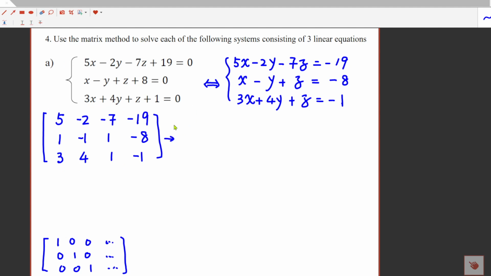So first of all, we could use the first row. Oh, sorry, we could move the second row to the first position because this number is lower, and then we can use this number times -5 or -3 to cancel these two numbers, right? So first we move the second row to the first row, and this gives us 1, -1, 1, -8, and the first row becomes the second one, which is 5,